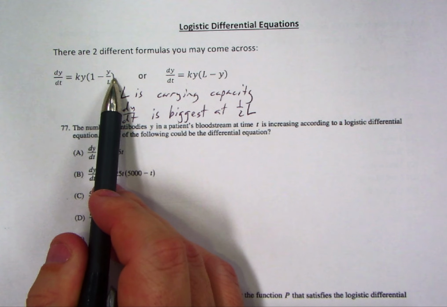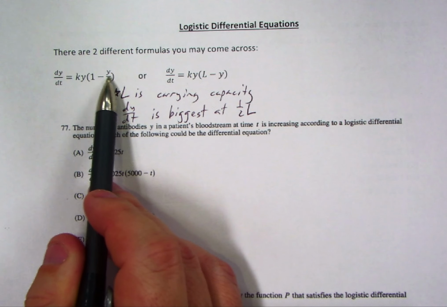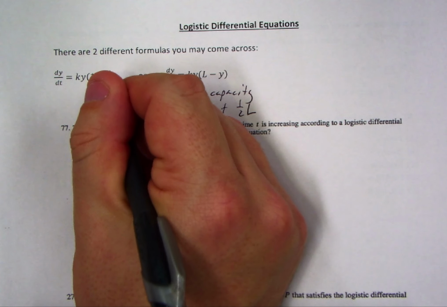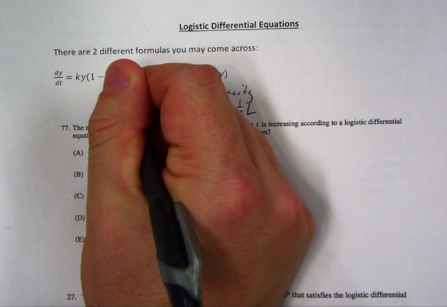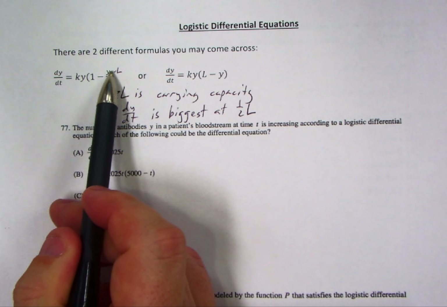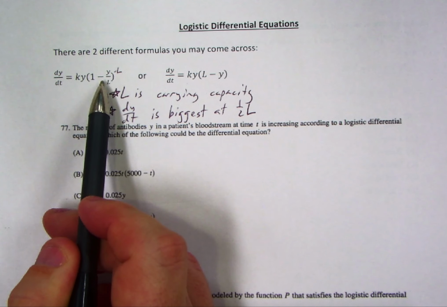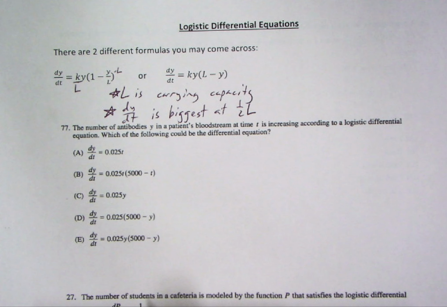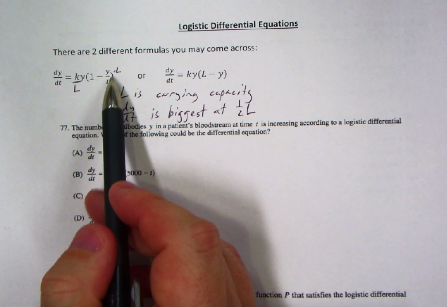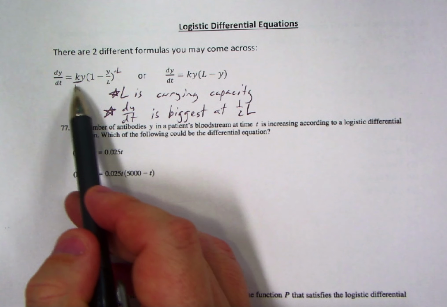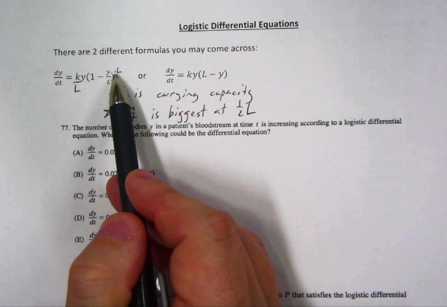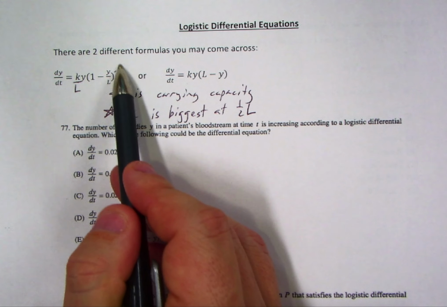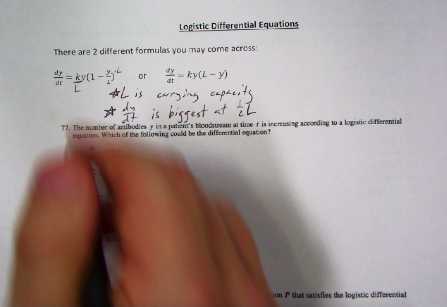Well, to manipulate, what we can do inside of the parentheses here to make it look like the one on the right, we can multiply inside the parentheses by L. But to combat that, we would then divide this component out here by L. And so all I've done is multiply one part by L and divide the other part by L. Well, if you look in the parentheses, the L's would cancel, and that's where that Y comes from. And then L times 1 is just L. And then